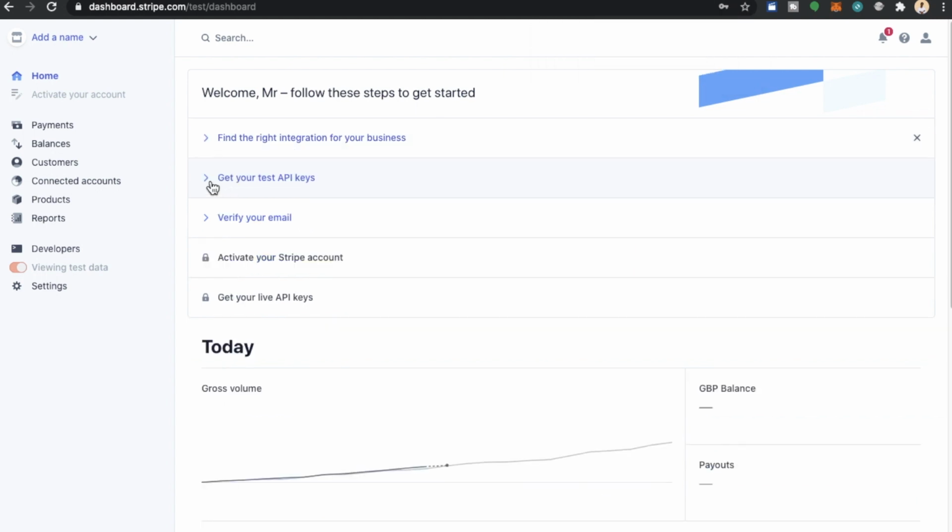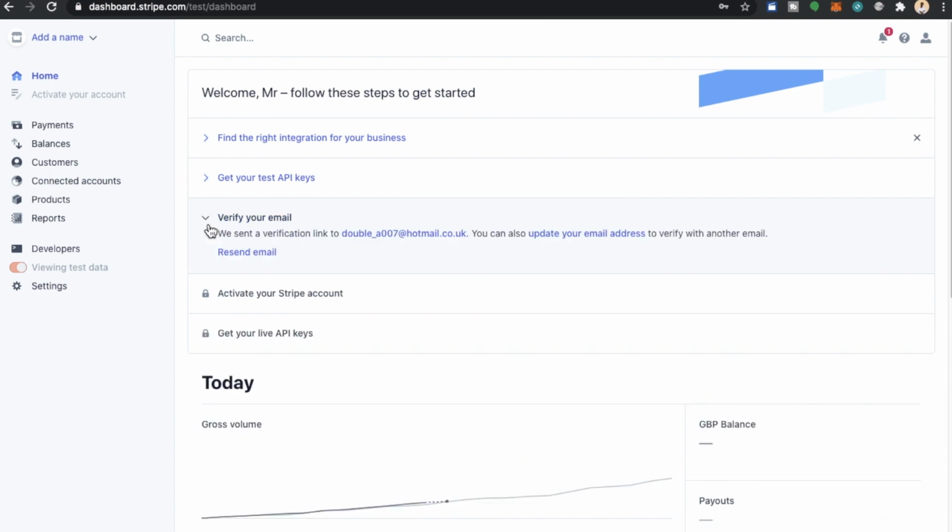For example, you can get your API keys. An API key is a private key that actually helps you to communicate with your Stripe account. For example, if you're building an application or a checkout of your own and you want to code your payments to go directly to your Stripe account, the API key is what you would need in order for this to work. The API allows you to communicate with your Stripe payments account. Of course, if you're into coding and creating, for example, your own website that will accept payments, you can also